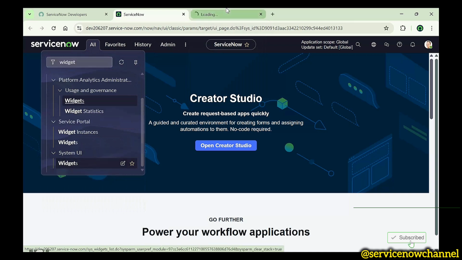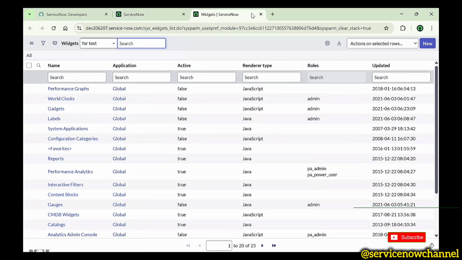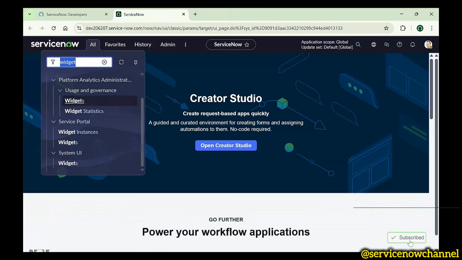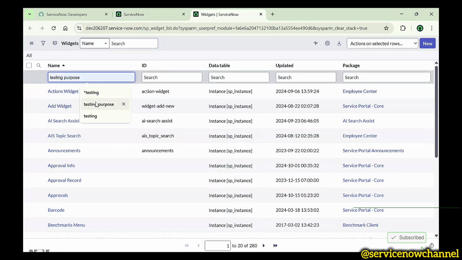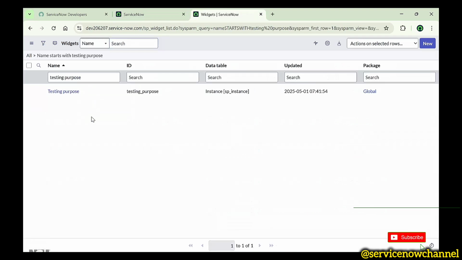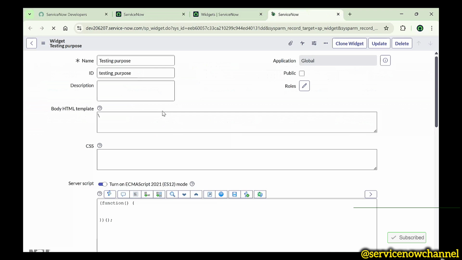So I think no, this is not a widget. So to open a widget under Service Portal, you can see widgets. So these widgets we need to open, right? Here I have created one custom widget. So let's open this and let's see